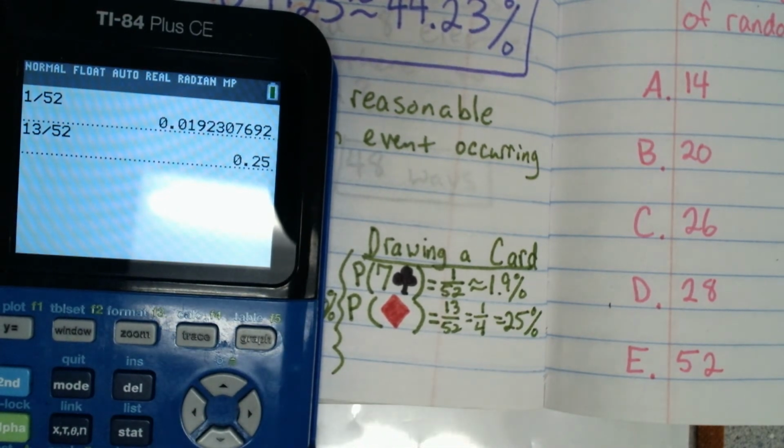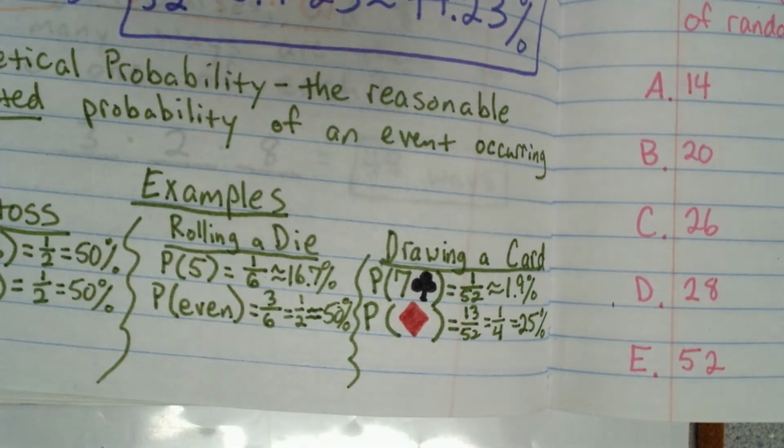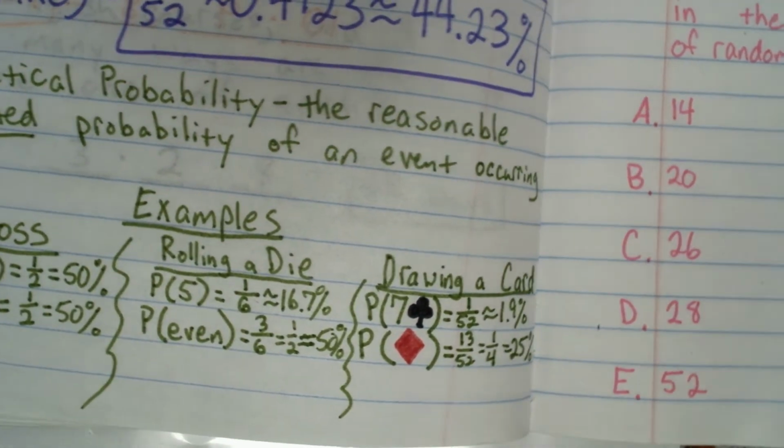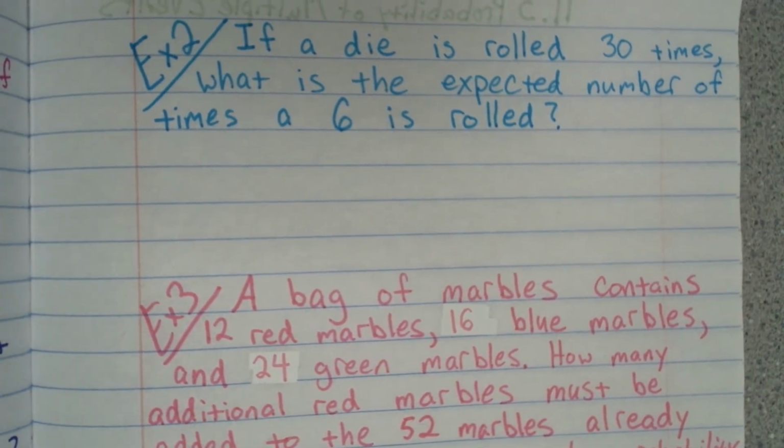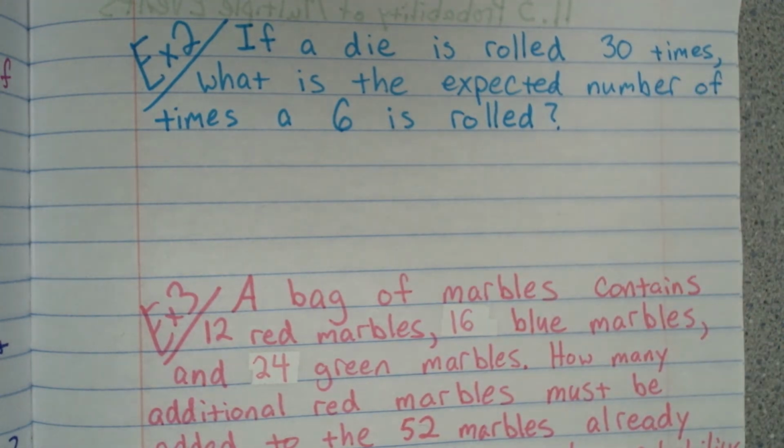Then I'll just do a couple of examples here real quick. So example 2: if a die is rolled 30 times, what is the expected number of times a 6 is rolled? So this is theoretical probability. We're not saying we actually rolled it 30 times and we know how many times it came up. We're trying to figure out how many times we expect that to happen. So we should know